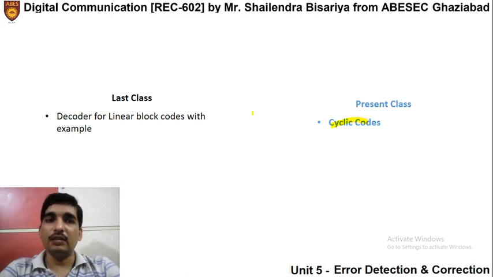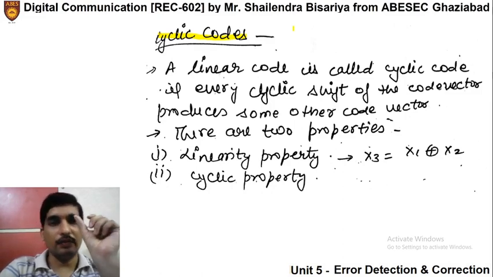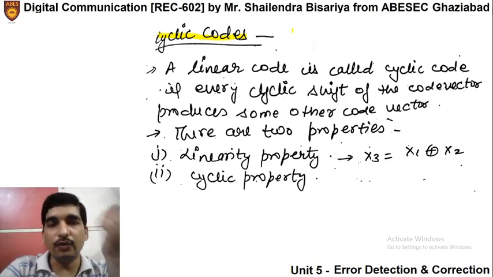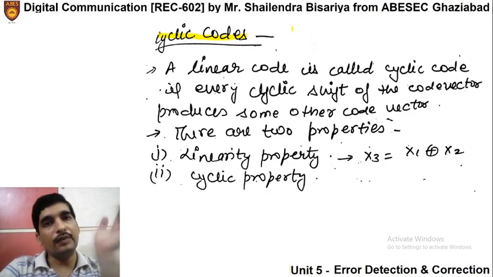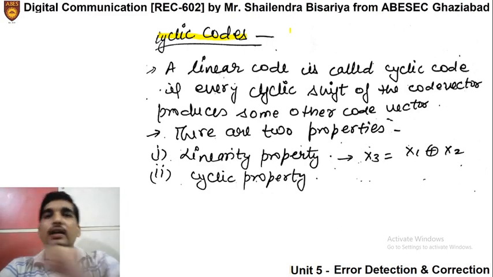We have already discussed linear block code in the previous lectures. First of all, what are cyclic codes? In linear block codes, we represent all the bits in linear fashion, right? Initially, we wrote code vector x. Initial k bits were for message, and rest n minus k bits were for check bits, right? That was linear fashion, and we said that linear block code follow the linearity property.